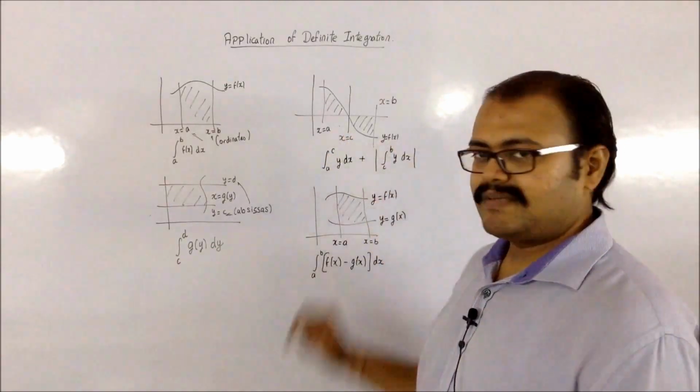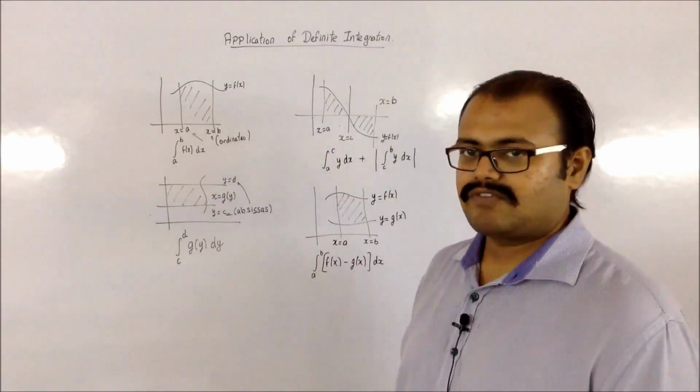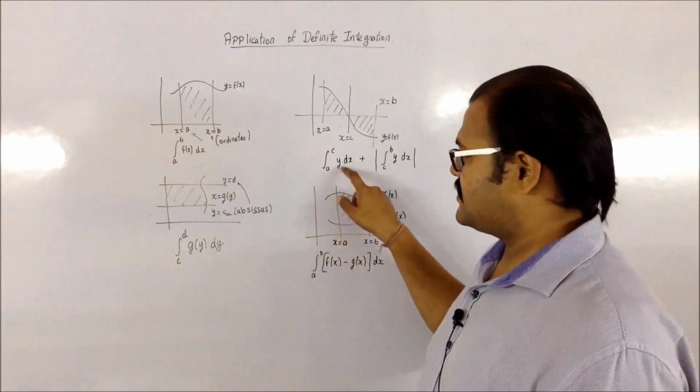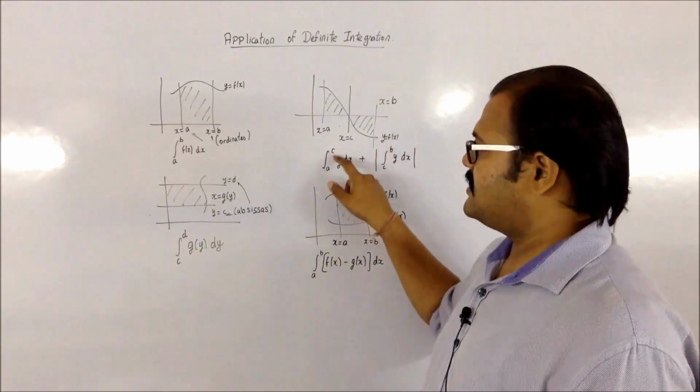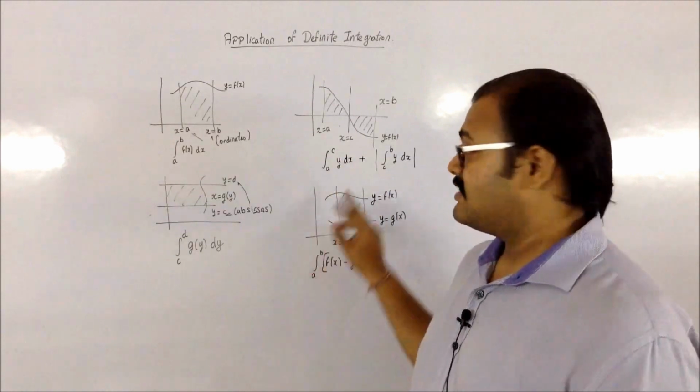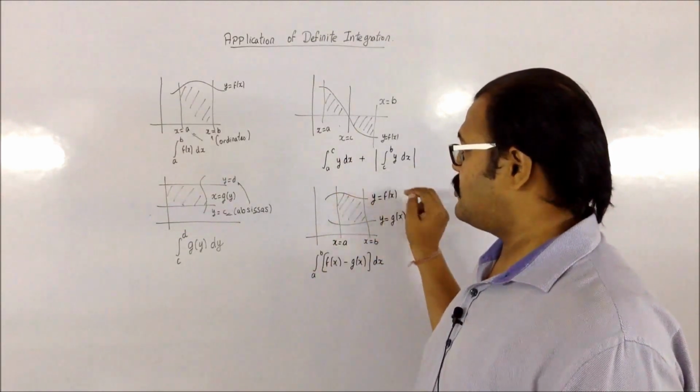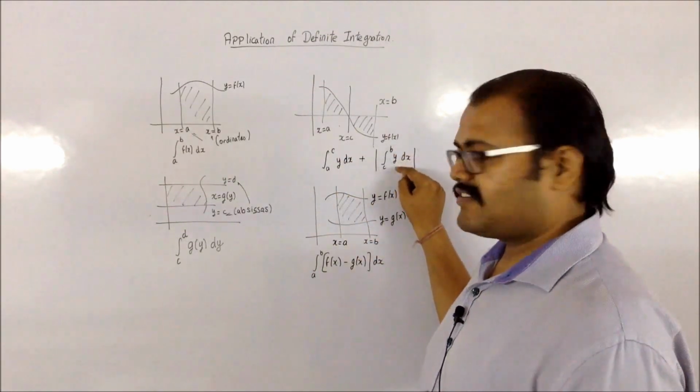My function is going to be remaining the same, that is y is equal to f of x. So my y is basically over here going to be f of x. So integral a to c f of x dx plus a magnitude of integral c to b f of x